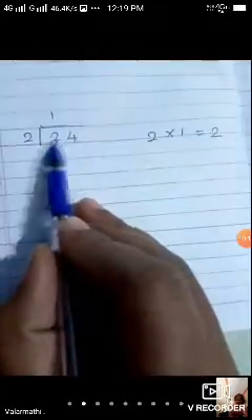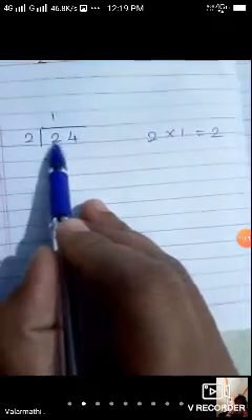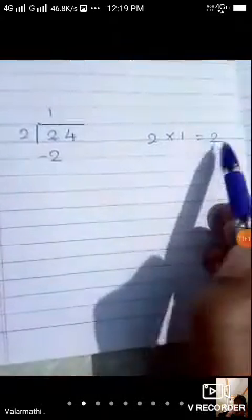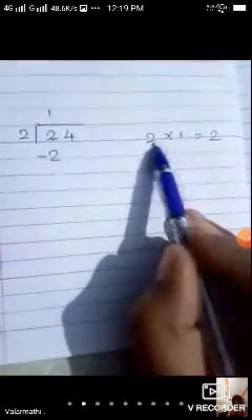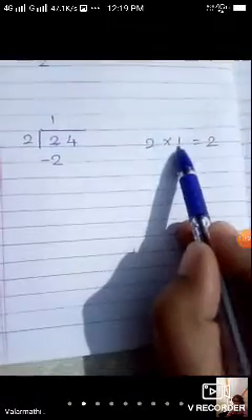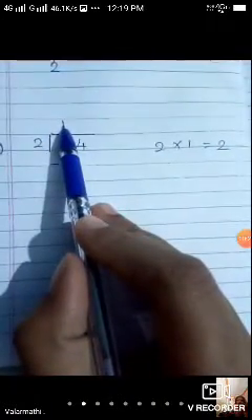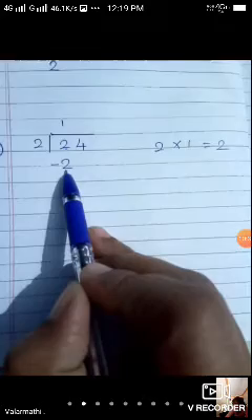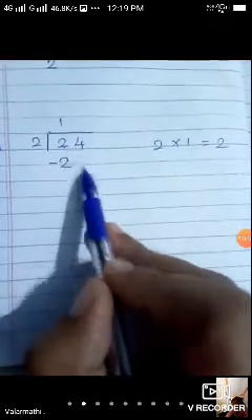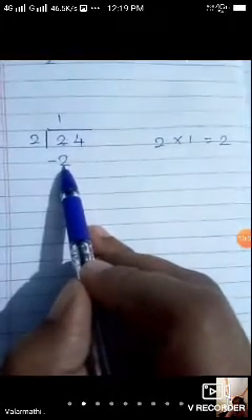Listen carefully. So here the number is equal to the divisor. So we have to say the second table till we reach the first number. So 2 ones are 2. As I said, how many times the number 2 is giving 2? One time. So the one time we have to write in the quotient. The answer we are getting, 2, we have to write under the 2. Don't write here. You have to write for this number alone.